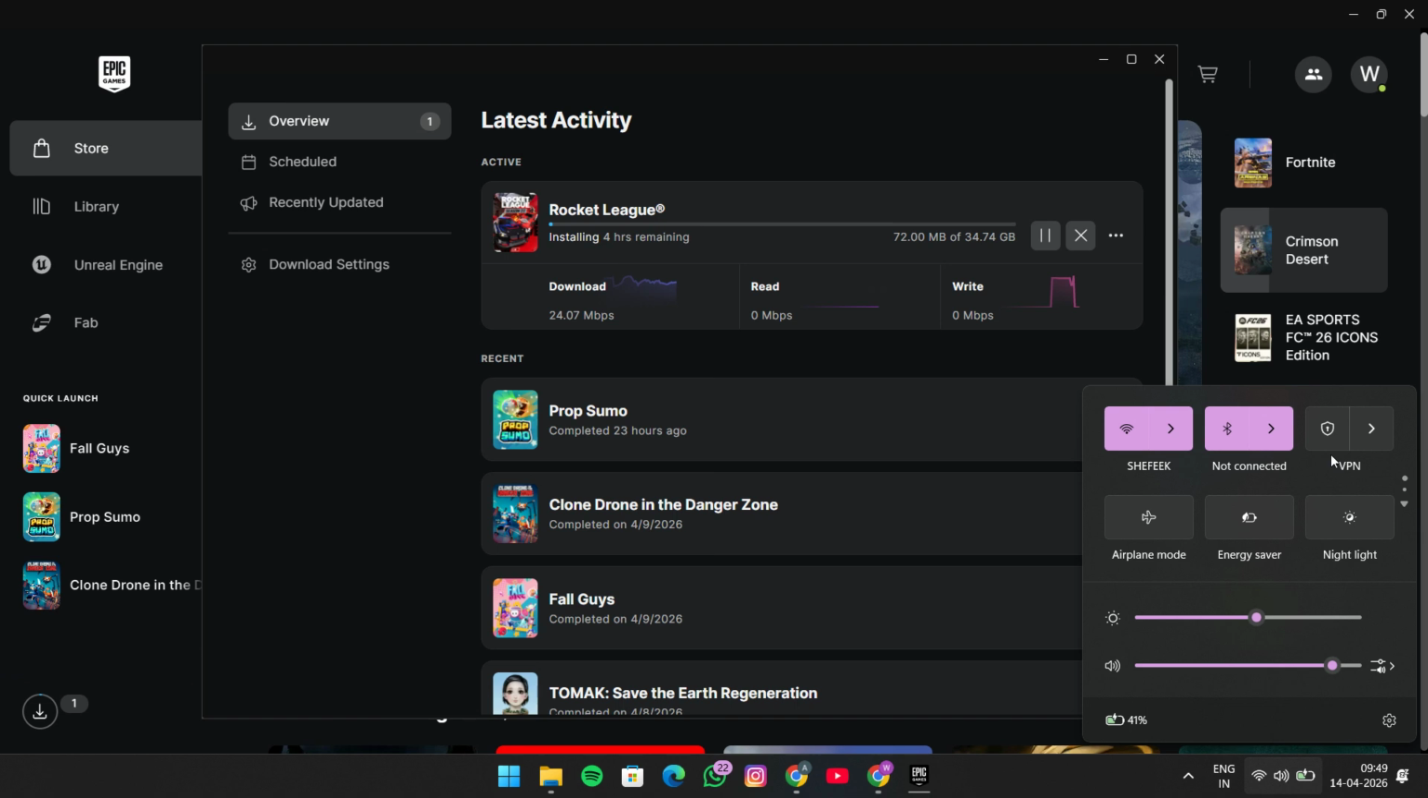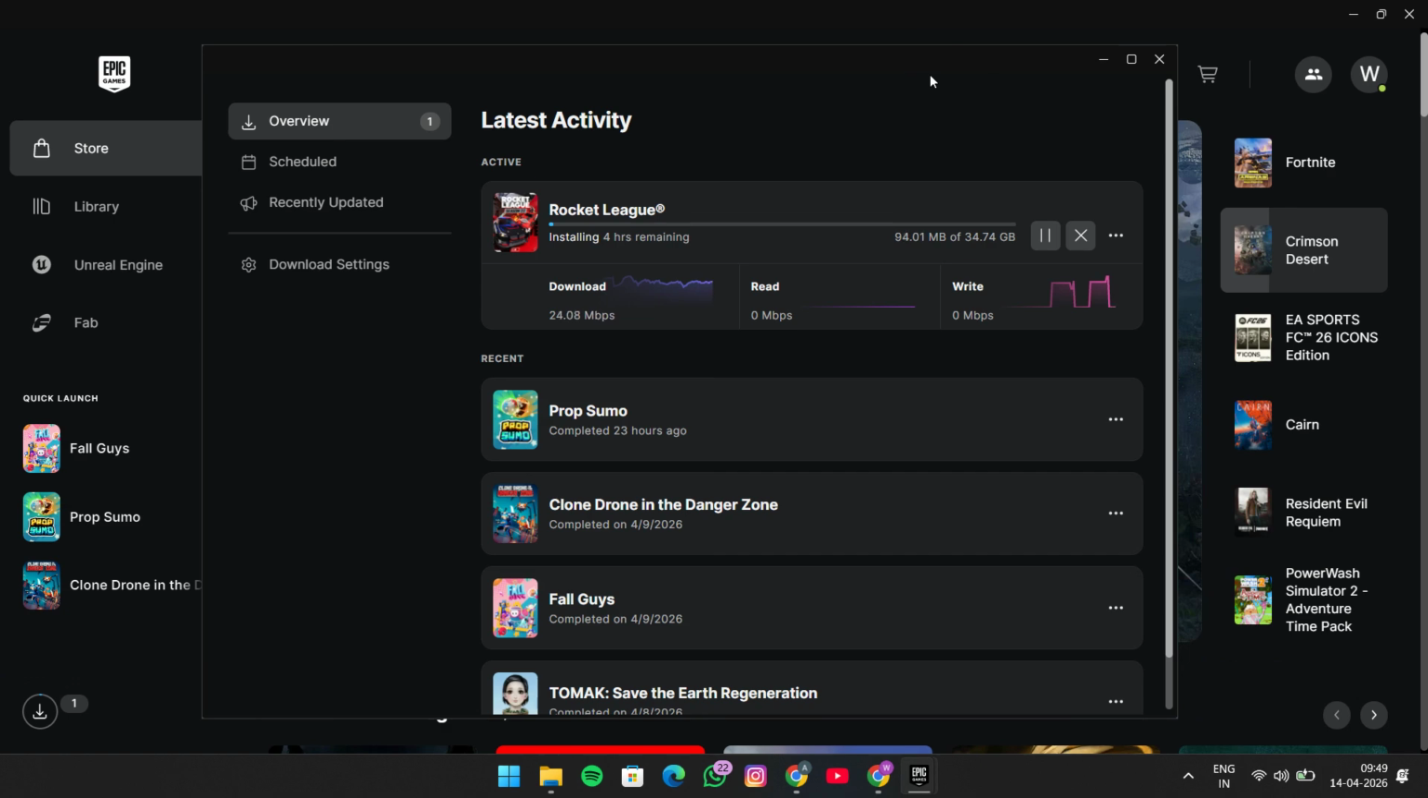In many cases, this simple sequence, closing the launcher, restarting your internet, resuming the download, and turning VPN off, is enough to fix the issue. If it still doesn't work, repeat the steps one more time carefully, making sure your connection is stable and the launcher is fully restarted. And that's it. A quick and easy way to troubleshoot Epic Games error code